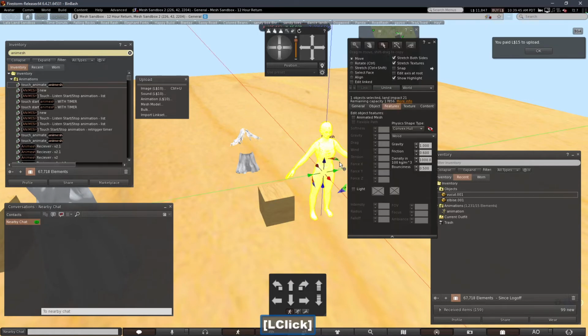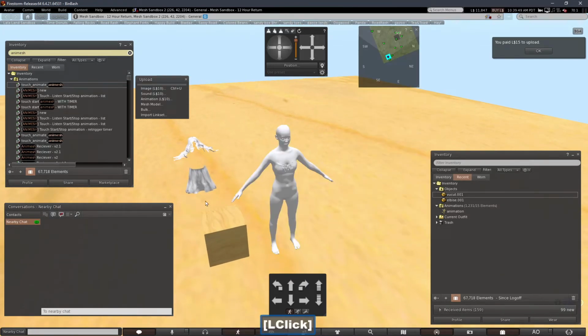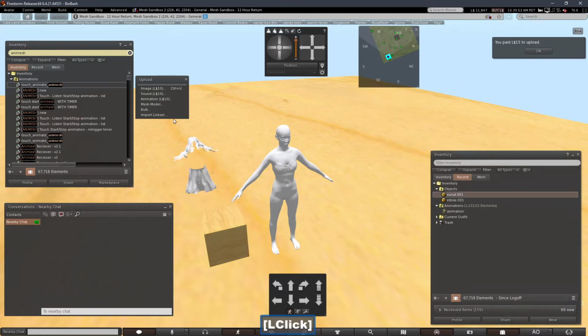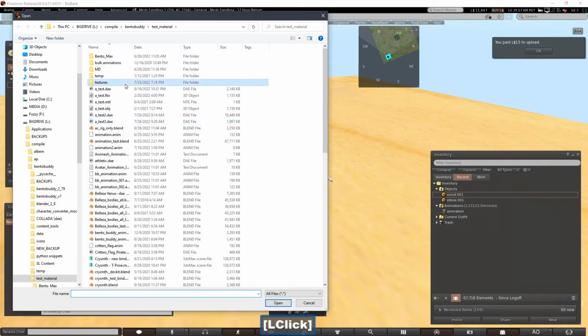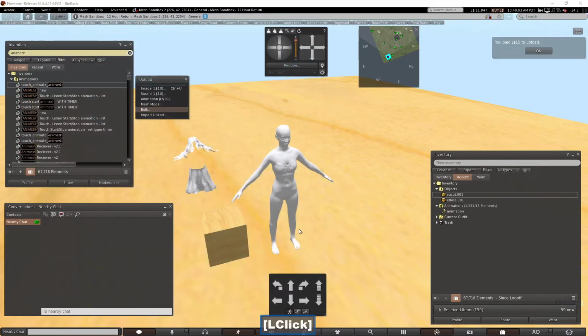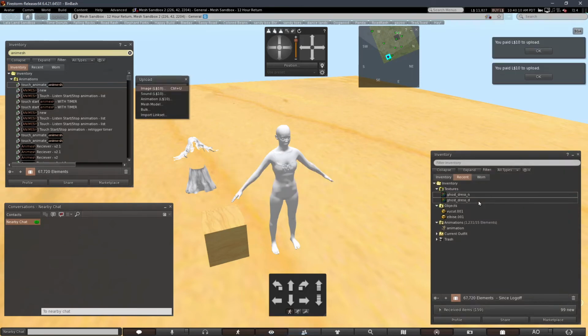I'm going to texture this before I attach it to the rest of the stuff. And I've already set up my click on bulk so I can get all of my textures. I just choose them all and see what we can do with that. Not sure I'll be able to use them all, but